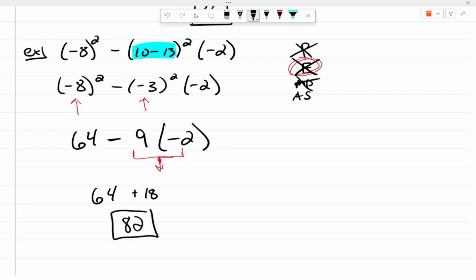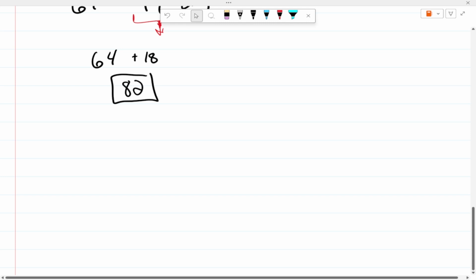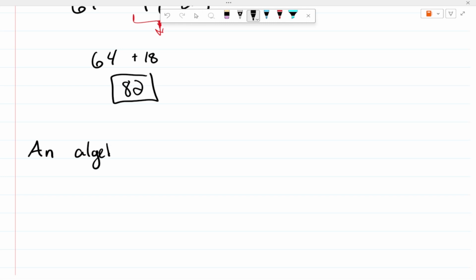All right. So now that we've kind of warmed up here a little bit with the order of operations and just getting our minds thinking mathematically, let's go ahead and start looking at algebraic expressions and formulas and stuff. So let's start off by defining an algebraic expression. So an algebraic expression,